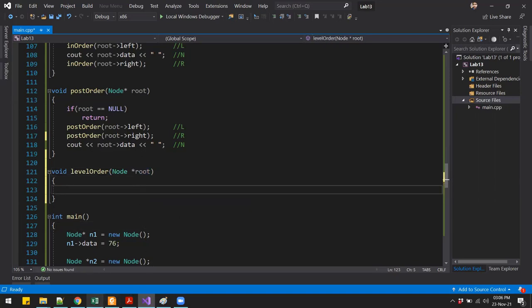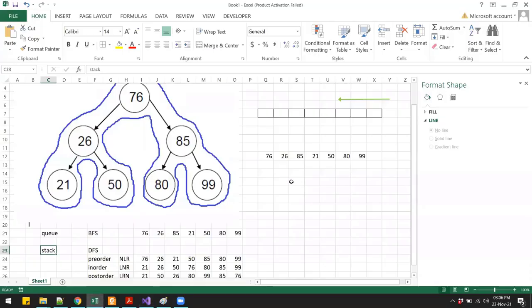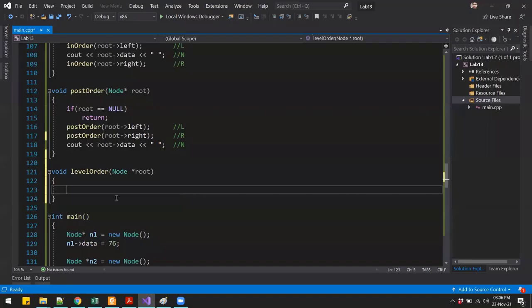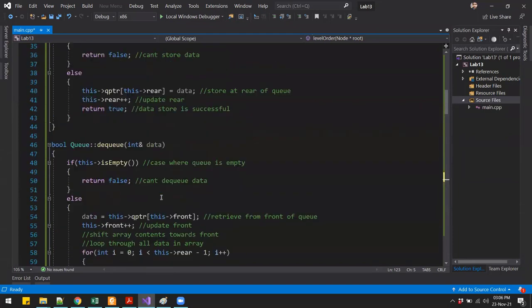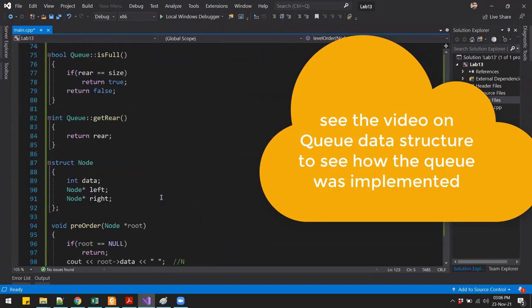Now if you recall our logic that we have gone over while we were trying to print these values using a queue, what we were doing is we kept on printing or doing something until the queue became empty. Right, so what we can do inside this function is create a queue. Since we already have a queue from the previous question, we can just use the same queue.